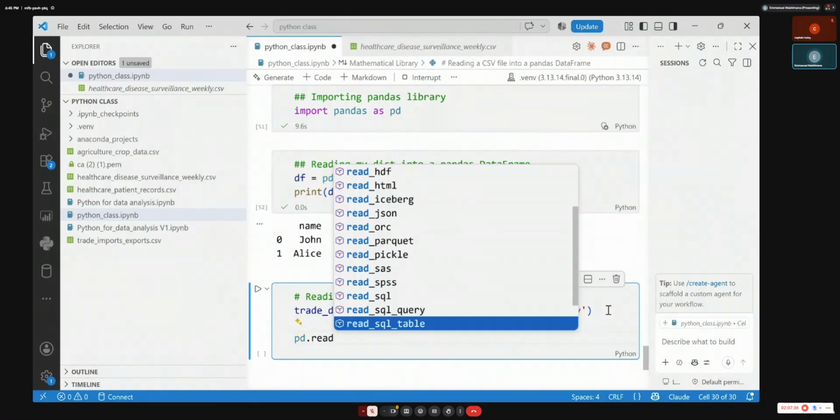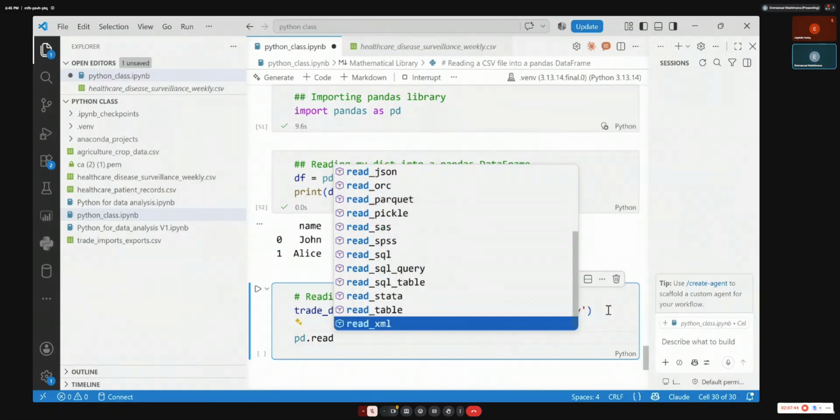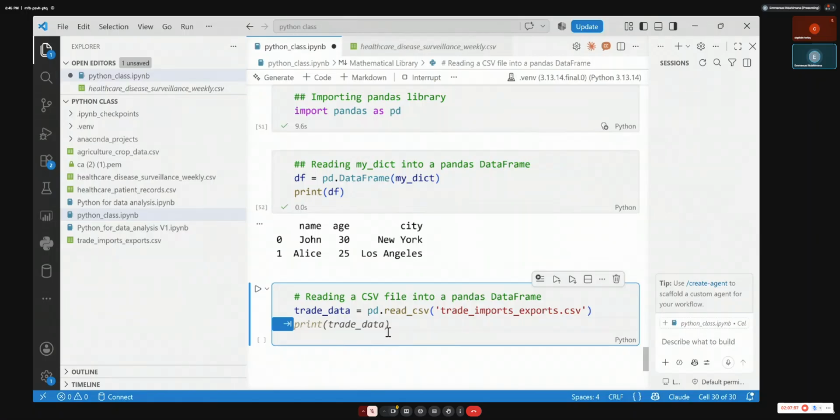You can read Stata. Stata is for data analysis as well. There are so many formats, XML too. That's so many data formats that you can read inside Python. But our exercise today was to read just CSV, but you have seen there are so many data types you can read.